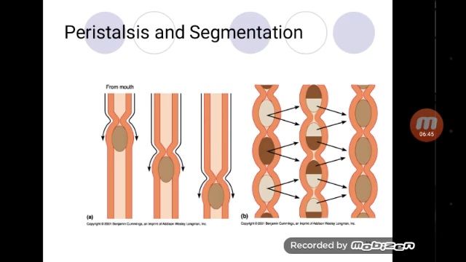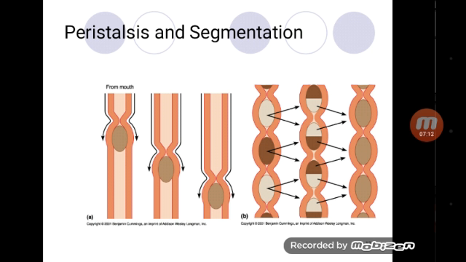Intestinal movements carry out three primary functions. First, it mixes the chyme with digestive secretions. Next, it brings the chyme in contact with the absorptive surface of the microvilli to increase absorption. Third is to propel the chyme toward the colon. These functions occur through various small intestinal motilities.